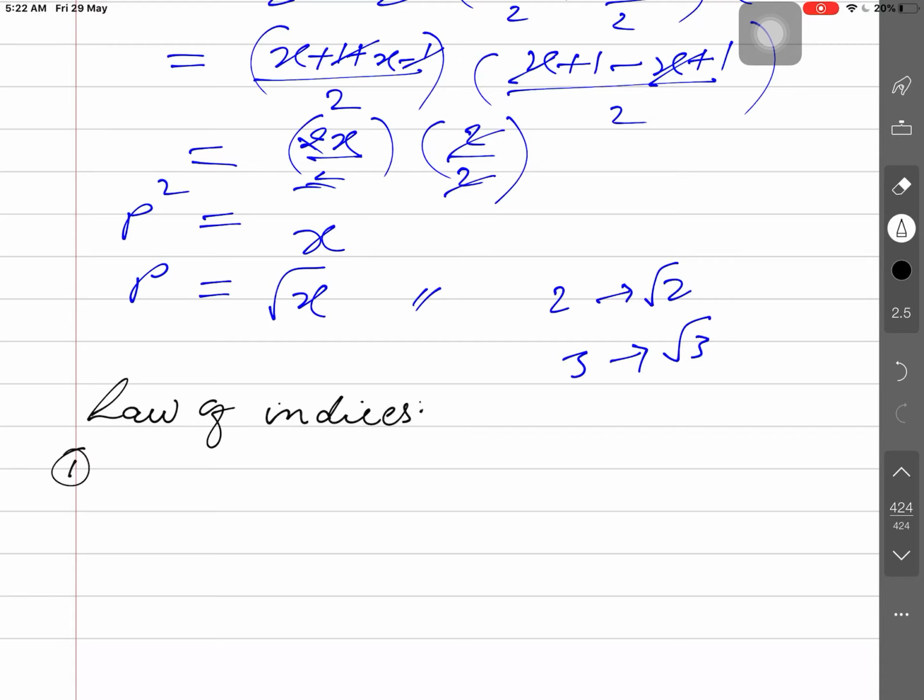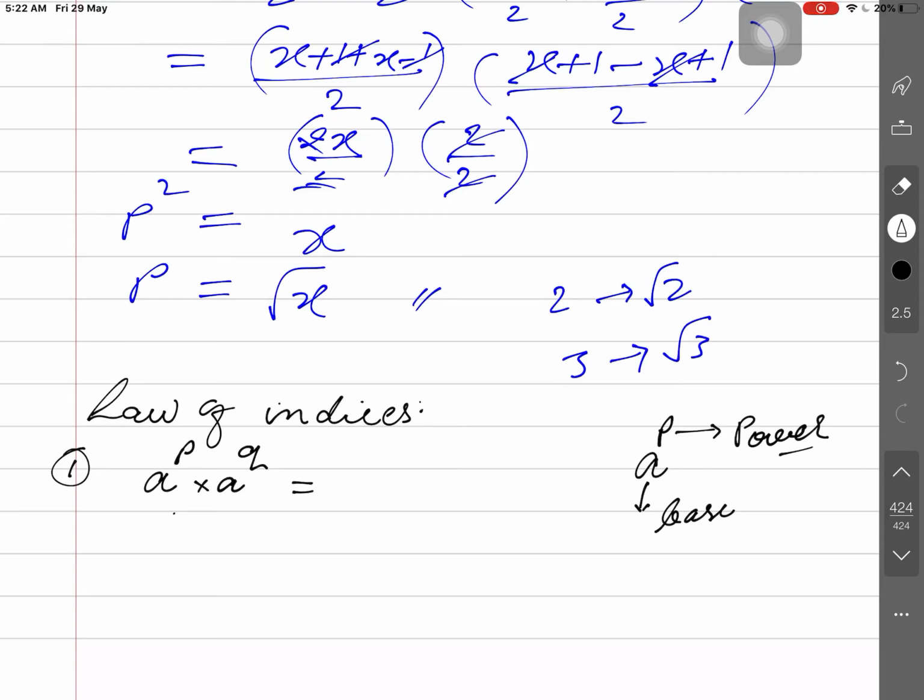If first, a has the power p and a also has the power q, it means the base is same and they are getting multiplied. If the two exponential forms have the same base. Before that I want to tell you, suppose any expression is written in this manner: this a is called the base, p is called its power, and this whole expression is called the exponent. So a to the power p into a to the power q is written there.